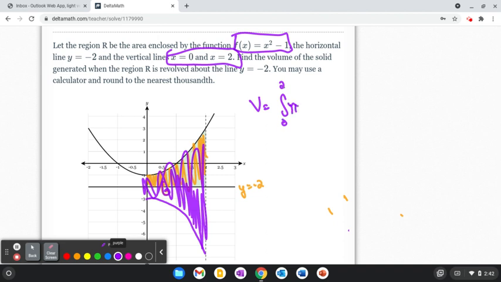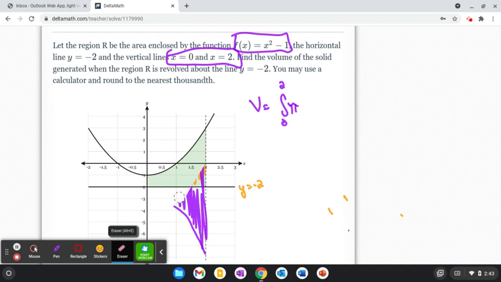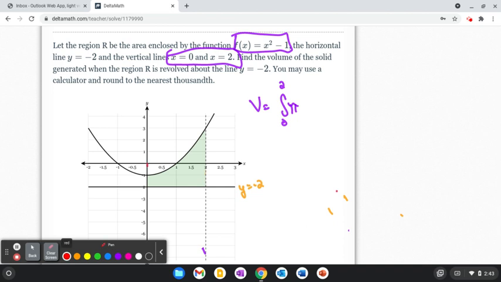We've got our pi, and then we need to talk about our radius. Unfortunately, this time the radius isn't just going to be the function. If I were to erase part of this and just take the function value as my radius, that wouldn't quite work, because it would just tell me the distance between the x-axis and the curve, and it would give me this. Those would be my two areas if I just took the function value. That's not what I want. What I actually want is